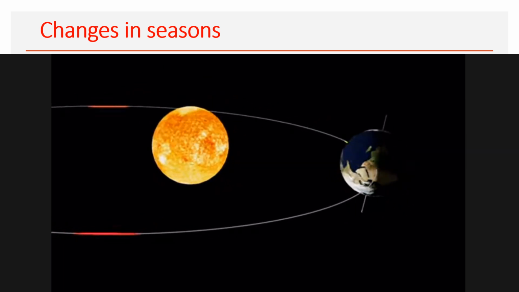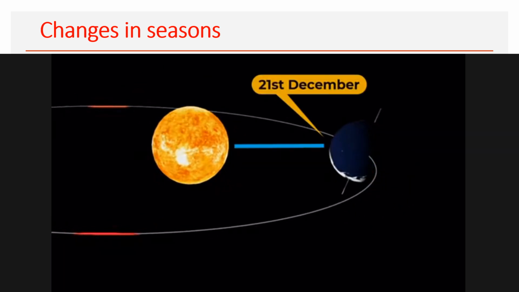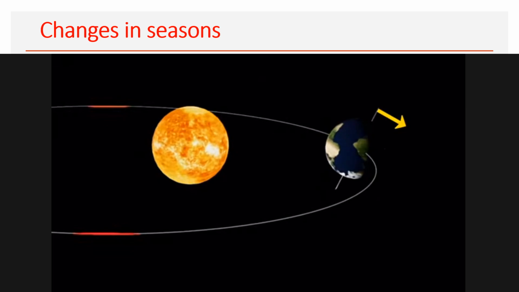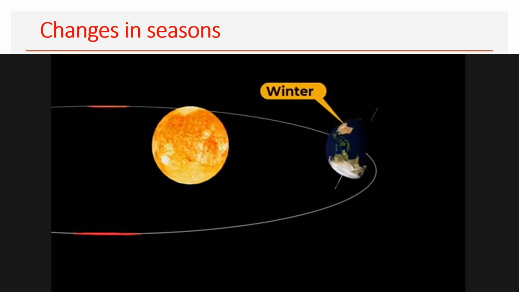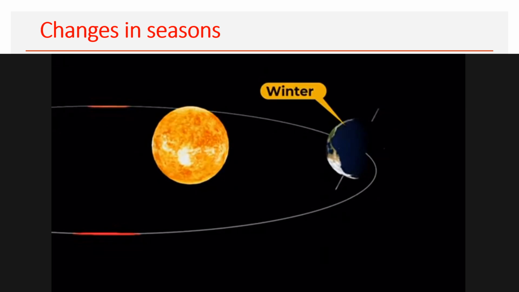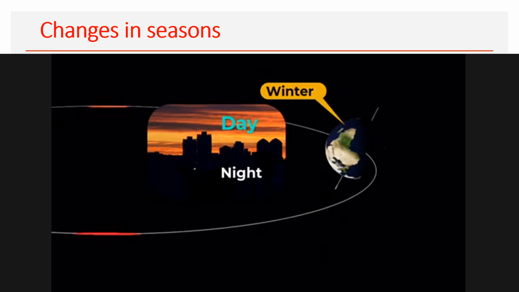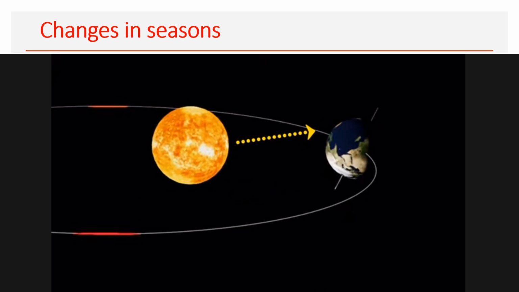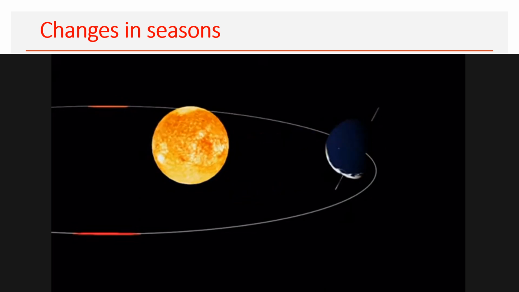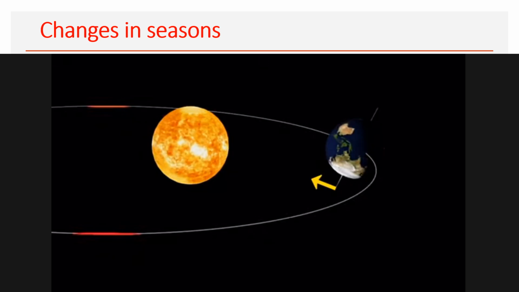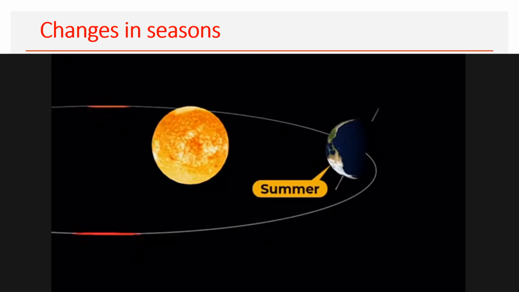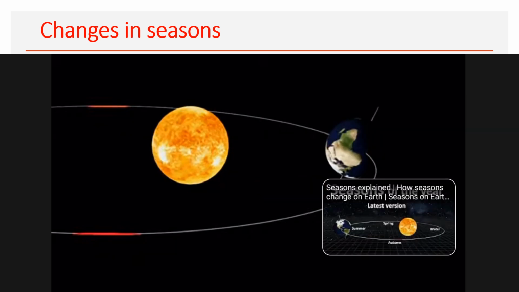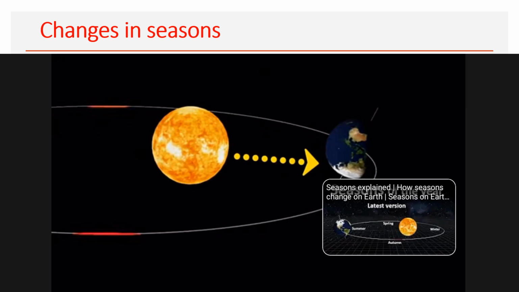Finally, as the Earth reaches its closest point to the Sun, the northern hemisphere is tilted away from the Sun, resulting in the winter season. This is the time when the days are the shortest and the nights are the longest. The northern hemisphere receives the minimum amount of light during this time. At the same time, the southern hemisphere is tilted towards the Sun, resulting in the summer season. The southern hemisphere receives